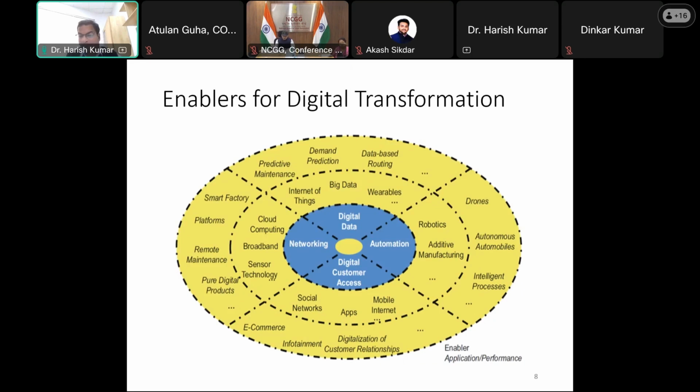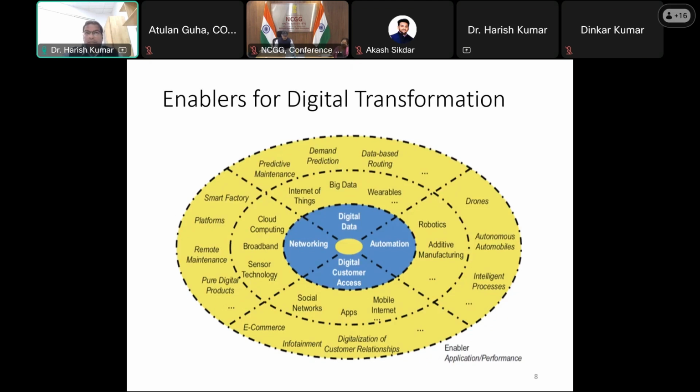Apart from that, smart factory, Industry 5.0. Most of the government is focusing on industrial hubs to be developed in India. And we can talk about smart factories or digital factories nowadays with the use of cyber-physical systems, right? We can develop more and more platforms and mobile applications in that case. We can make use of IoT, big data, and wearables.